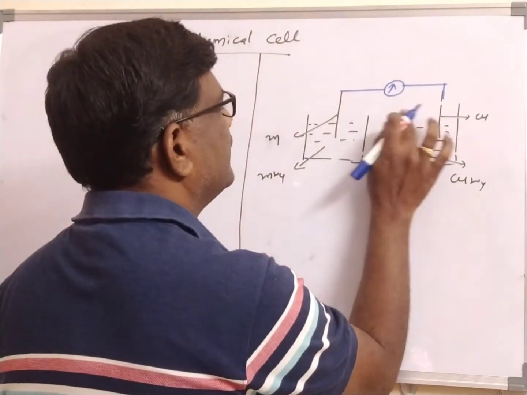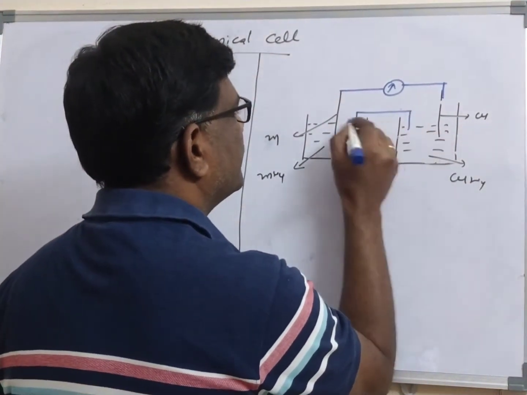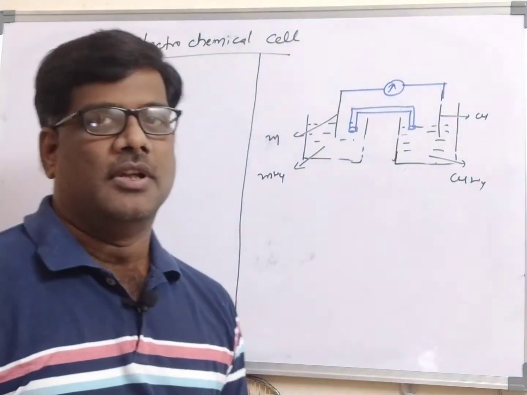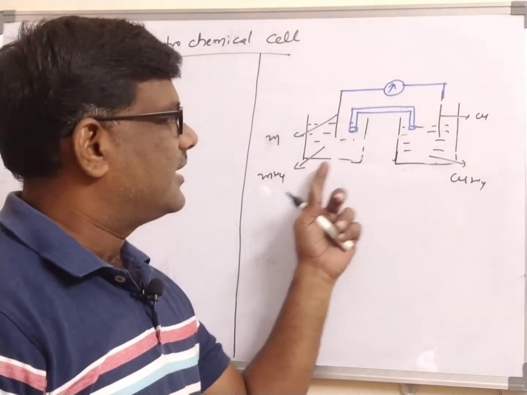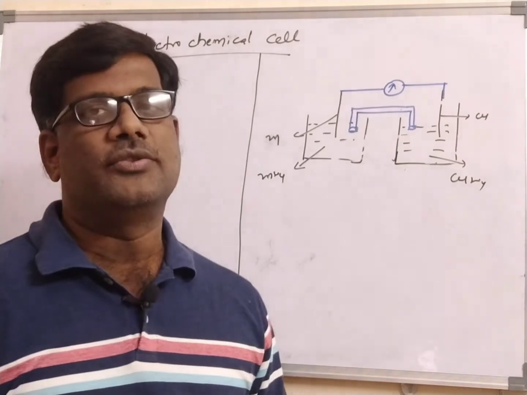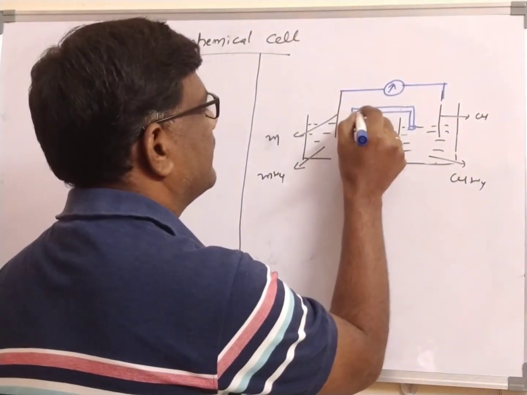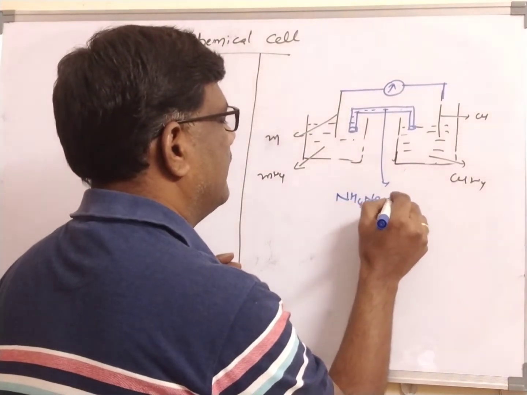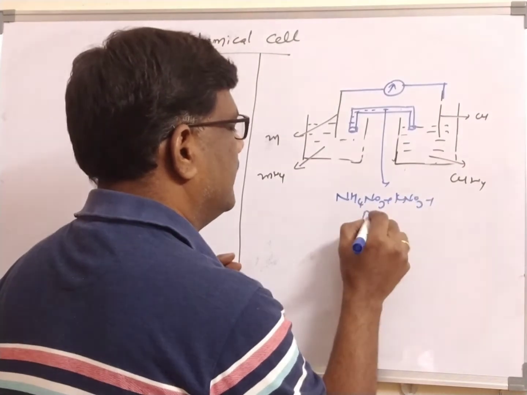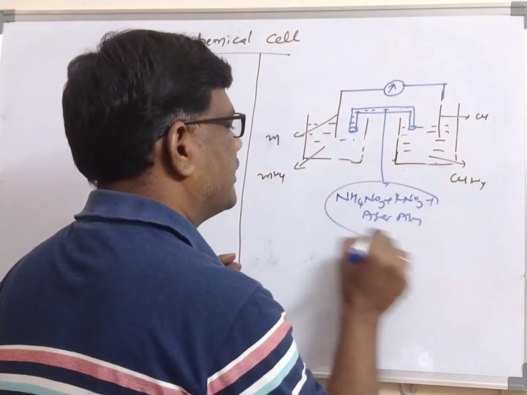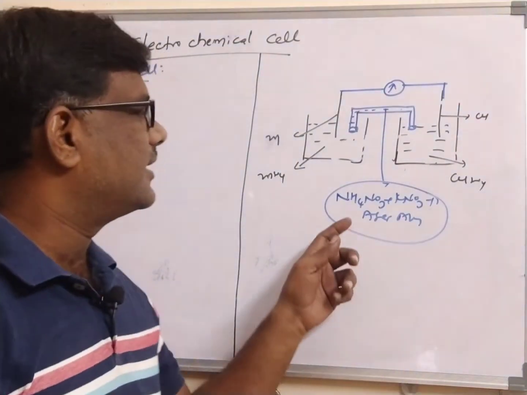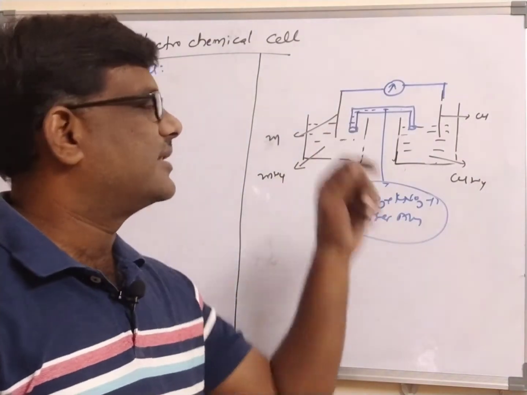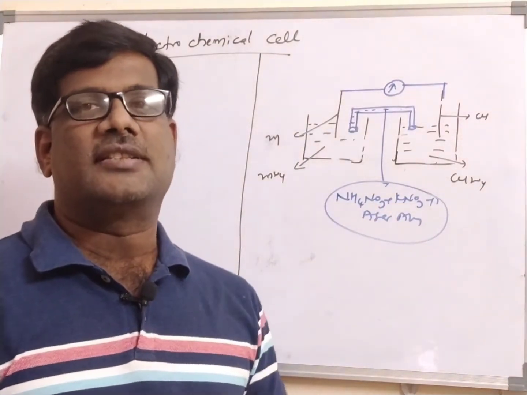These two half cells are connected through a U-shaped glass tube, like this. The zinc sulfate is in this half cell, and the second half cell is connected with the U-shaped glass tube. This U-shaped glass tube is filled with ammonium nitrate, potassium nitrate, and agar jelly. It is a mixture of these components. The mixture consists of ammonium nitrate, potassium nitrate, and agar jelly, and this mixture is placed in the U-shaped glass tube which connects the two half cells.